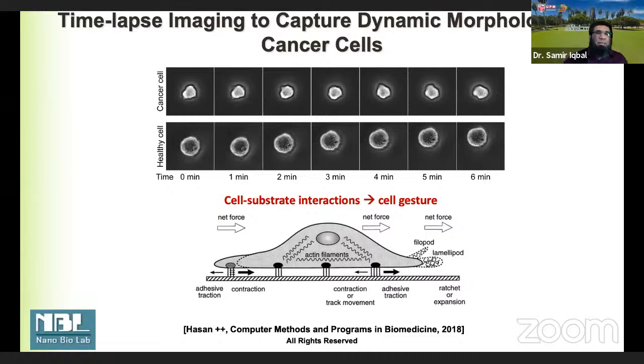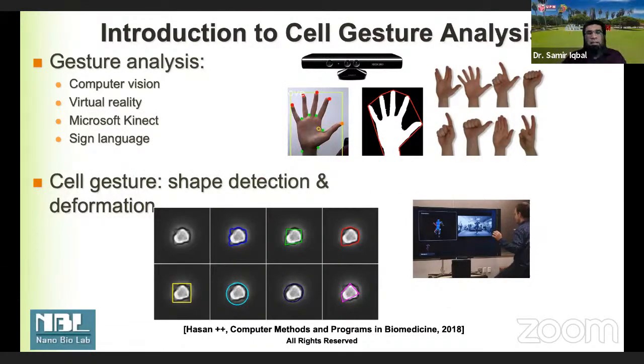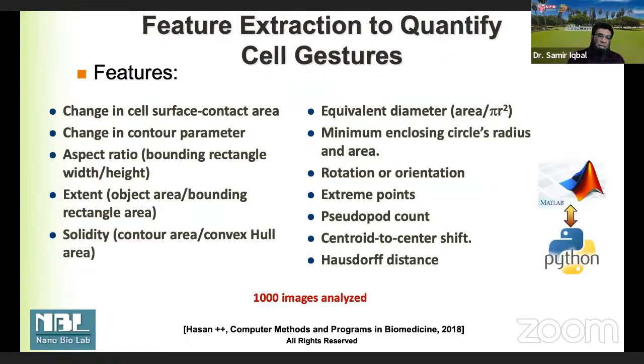The gesture idea is something where, in sign language, there are computer systems that can read sign language, right? There was even a game system a few years ago, Microsoft Kinect, which was looking at people and how you move, and that was the way they were looking at the gestures. So we applied the same idea here, where we do gesture recognition, and we take this data and use those features from the cells to quantify their behavior and to distinguish between normal cells and cancer cells.